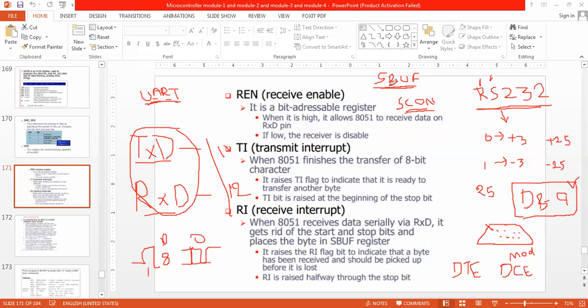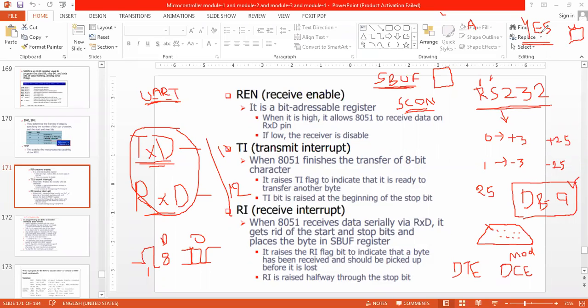The serial buffer is a register which stores the data that has to be transmitted. Say I want to transmit A. Or I want to transmit YES, a message, and send this data to another device. Say an LCD is there, and I want to send this data, YES, to be printed on the LCD. How can I do that? By using the transmission pin.